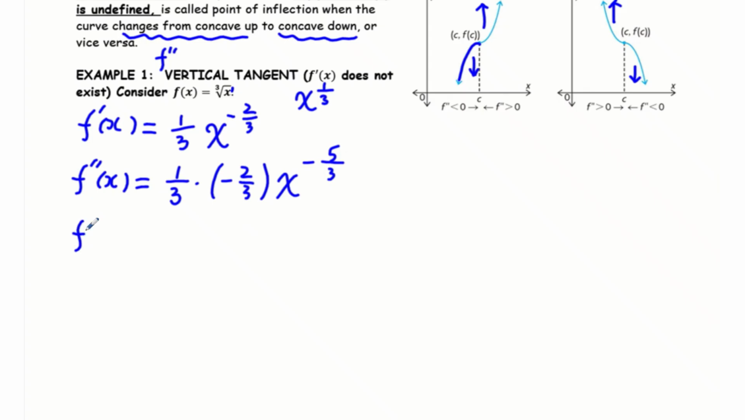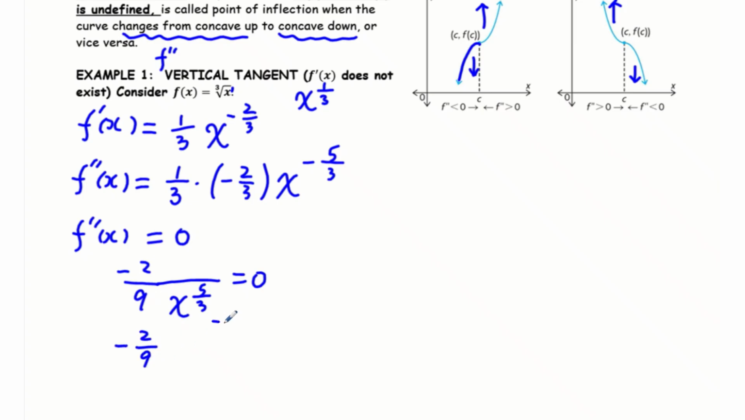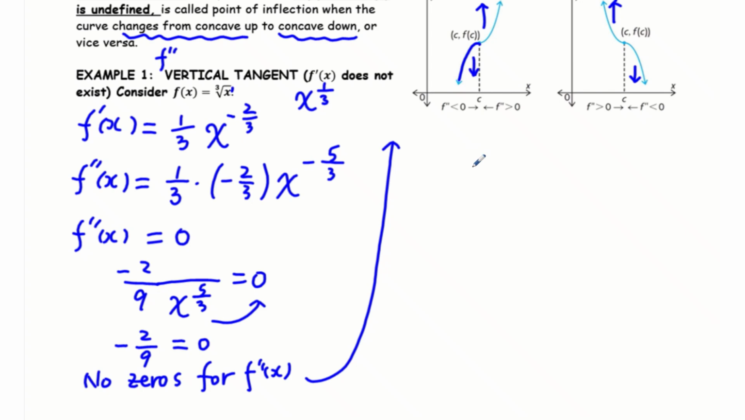Then we let f double prime of x equal 0. We want to solve it. We have 1/3 numerator times numerator, denominator times denominator. Then x to the negative exponent, we flip it to positive, equals 0. We move the 0 to the other side. You will see we don't have f prime equals 0. You will see negative 2/9 equals 0. So no zeros. This does not exist. No zeros for f double prime of x, but we do have